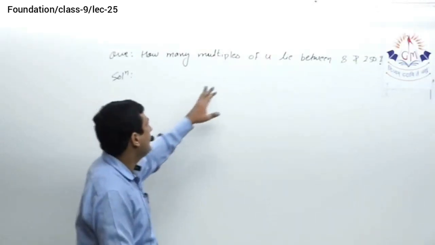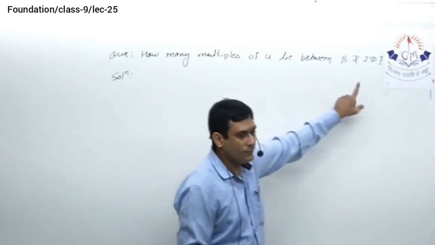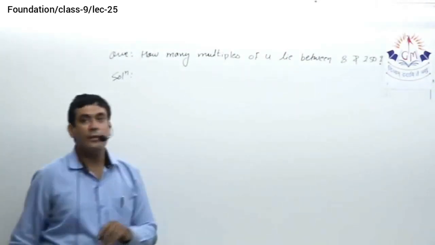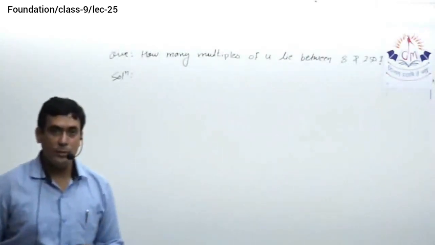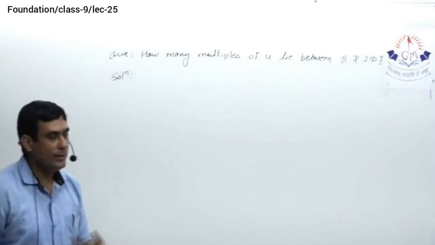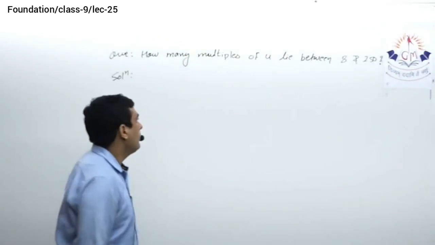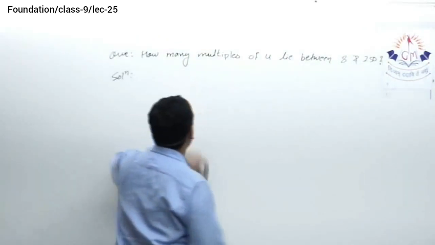Simply you have to add that quantity. Here we have to find multiples of 4. So after finding the first, we'll add 4 to get the second multiple. Then we'll get the last multiple, and hence we'll get an AP, and then by applying the formula we'll be able to get the number of terms. So here you have to concentrate a little bit.